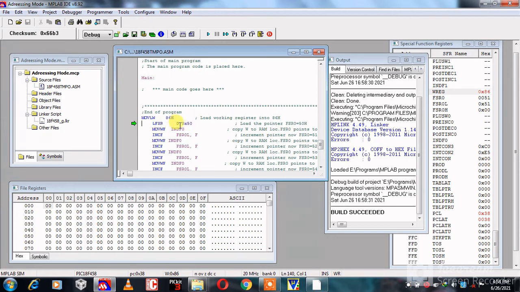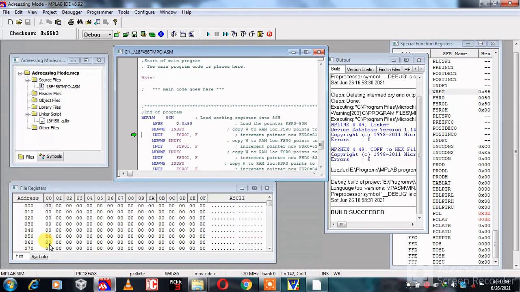Here load the pointer to 0x50 location. Then MOVWF INDF0. INDF is the indication of indirect addressing mode. Here copy the data of W to RAM location pointed by FSR0 pointer.